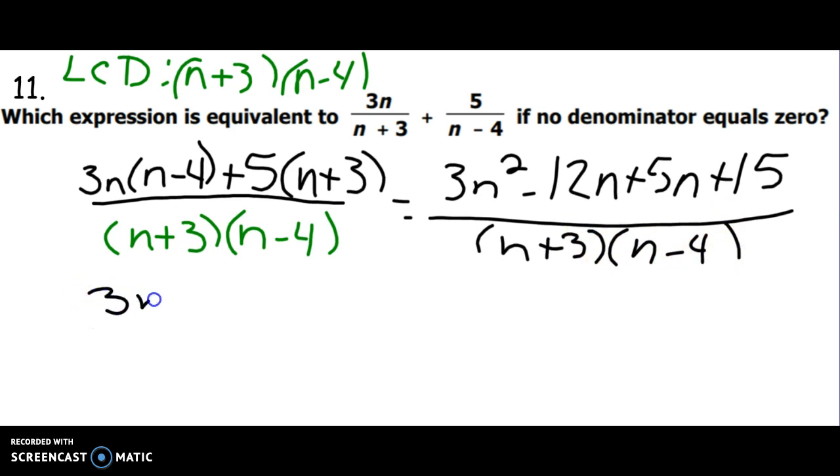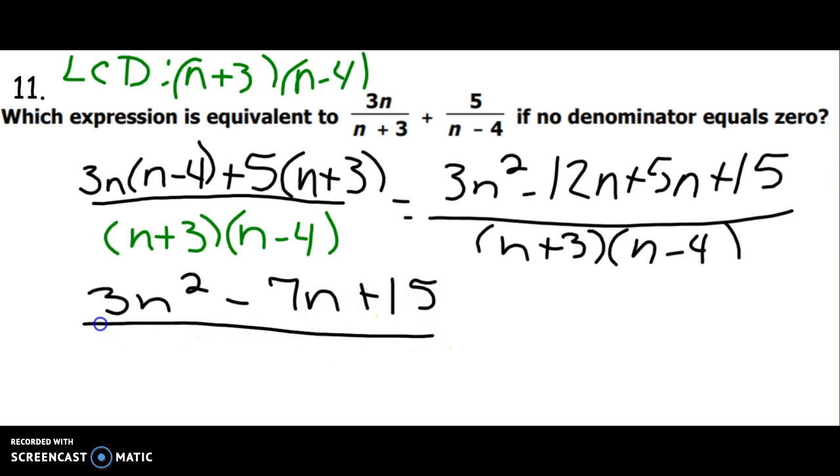Combine my like terms, 3n squared minus 7n plus 15 all over